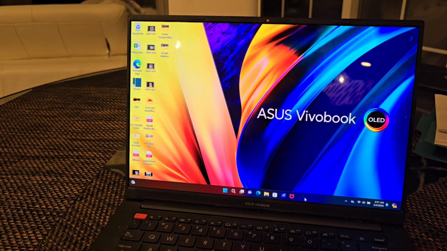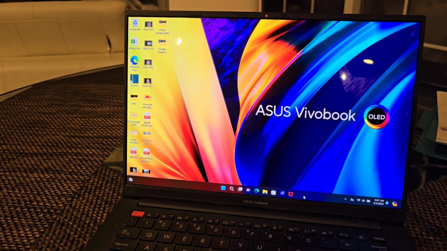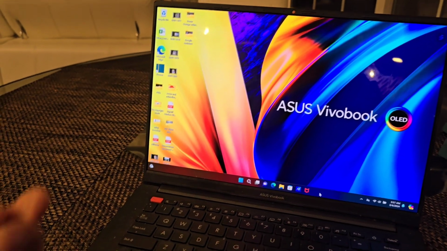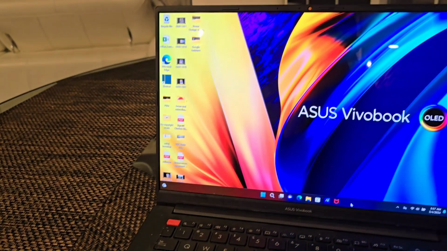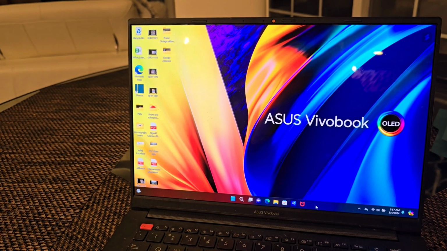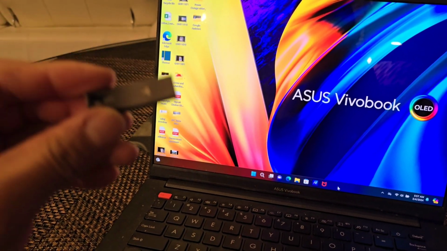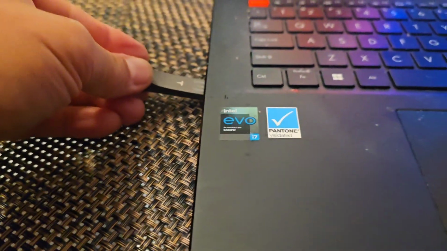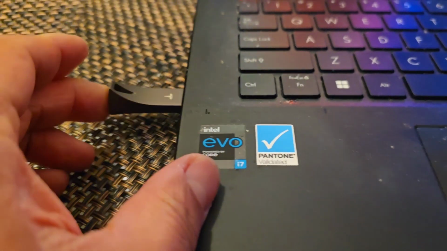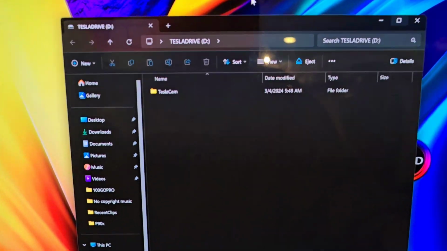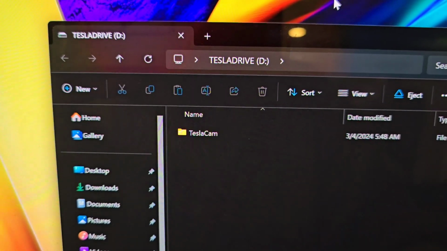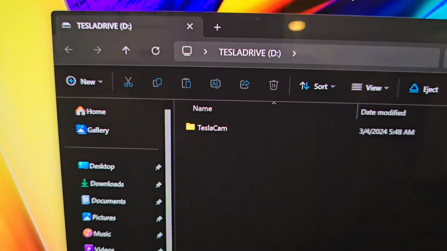All right, so we're back at my desktop computer here, and I have my flash drive that's from the Tesla. And what I want to do now is access the footage that's on this flash drive. So let's go ahead and plug it in here. Sorry, I'm doing this with one hand. There you go. So once you plug it in, it'll automatically pop up on your screen here, Tesla Drive, under